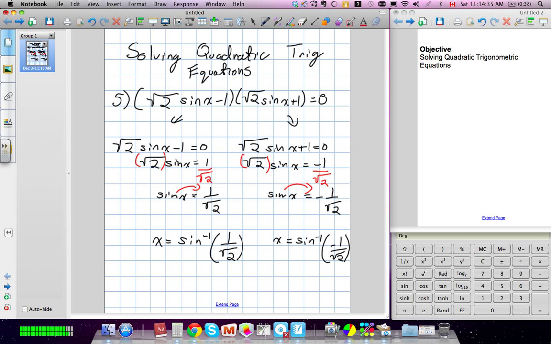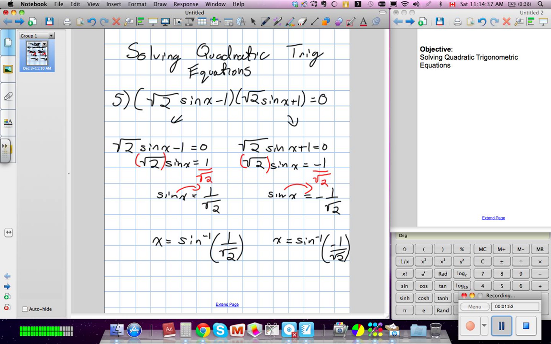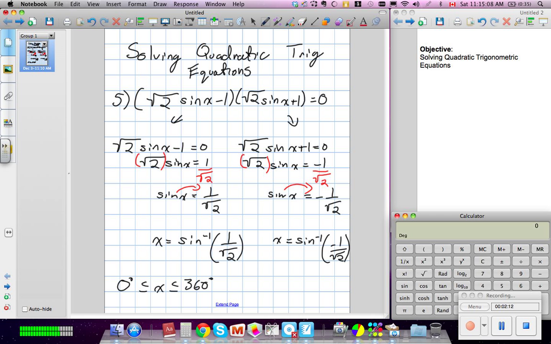Also, our restrictions were to find x when it is between 0 and 360 degrees. Very important. So we're looking for x when it's greater than or equal to 0, and less than or equal to 360. We're working in degrees, not radians, for this question, so luckily my calculator is already in degrees. When we go to solve this,